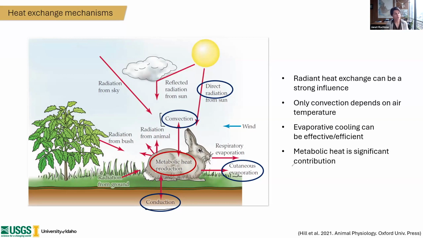The other of the three dry routes of heat transfer is radiant heat or thermal radiation. And we think about radiation primarily from the sun, shortwave radiation, but you see on this illustration, there's multiple other examples of radiation that's reflected back to the animal from other structures in the environment and also from the animal's body. And the last one, really important for animals as far as being able to reduce body heat, is evaporation. And that can be evaporation from the skin surface or evaporation from respiratory tissues, the nasal passages, etc.